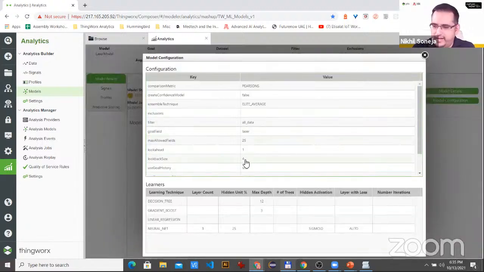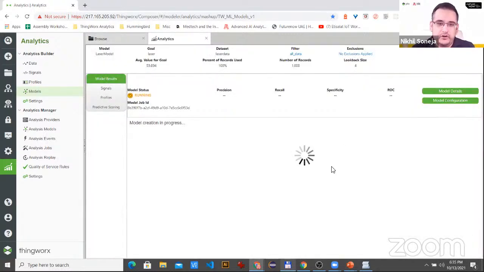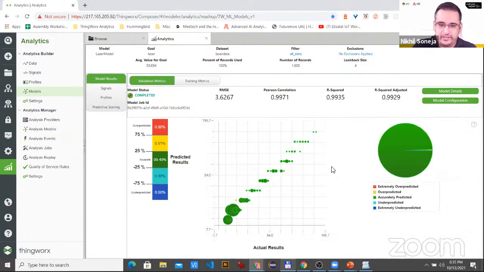So I used a look back size of only 4 just to keep it simple, and hopefully so it's faster, because we're not really bothered about the accuracy here. You can definitely practice with this and see how you can make it more accurate. Okay, there is completed. Oh, well, that's pretty good results. I mean, the RMSE is quite low, 3.62767.